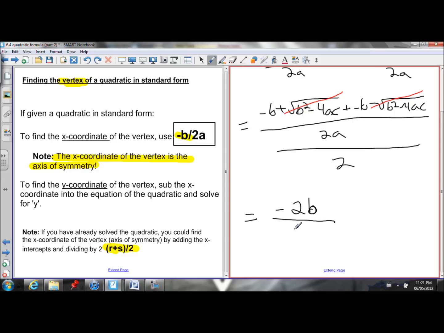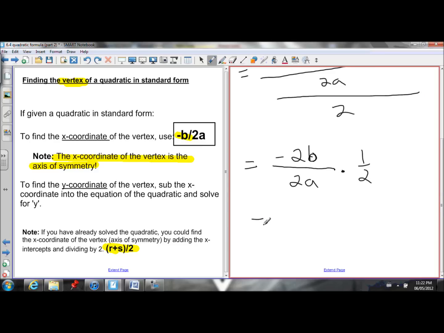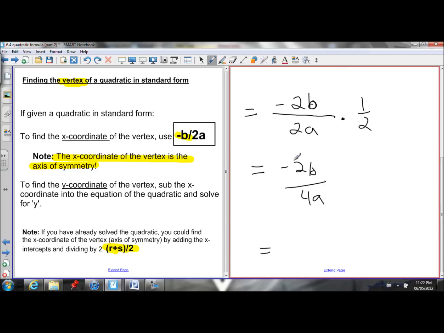And I have it all over 2a. Okay, negative 2b over 2a. And this should then all be over 2. Okay, so I have to divide this by 2. Dividing by 2 is the same as multiplying by the inverse, multiplying by 1 over 2. So that would give me negative 2b all over 4a. I can simplify that. Negative 2 divided by 4